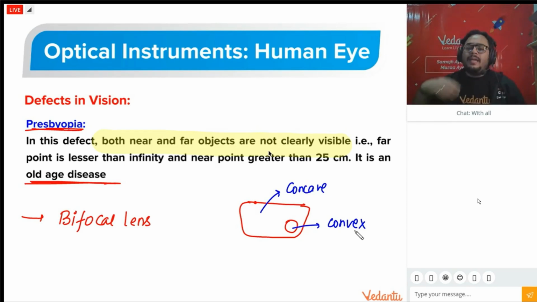There are many defects also, but from physics point of view, we don't study them. There is astigmatism. For that we use cylindrical lens, but cylindrical lens is not in the syllabus. That is why there is no use of studying it. Okay. Cataract is motiabind. That is a defect. Yes, that is also an eye defect. That can also be corrected nowadays. I recommend that. If anyone has cataract, please do get a treatment.